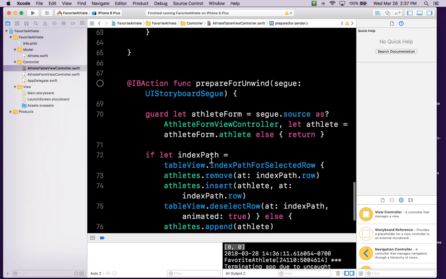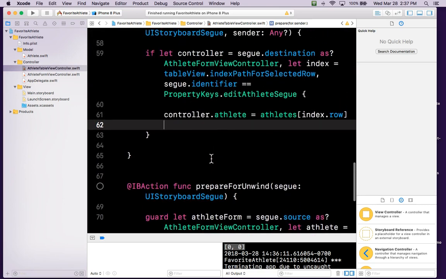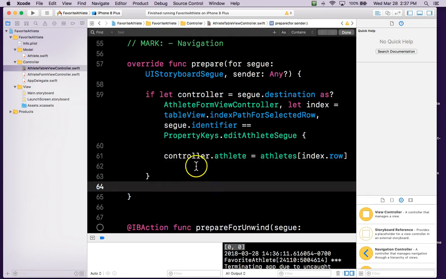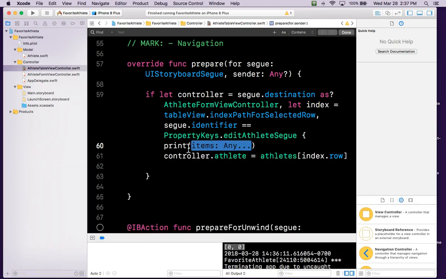Now, with a hard crash like that, you might want to first look for anything with an exclamation point in it. Nothing exists like that here. So what we want to do now is check to see if it gets to this point. Print,